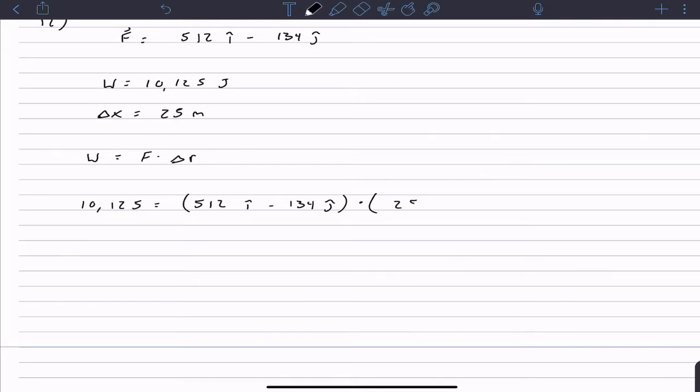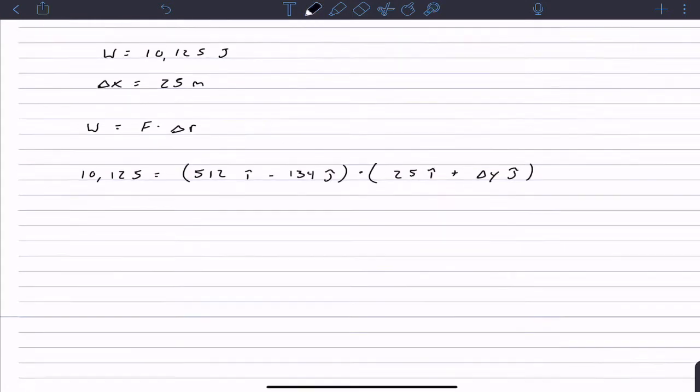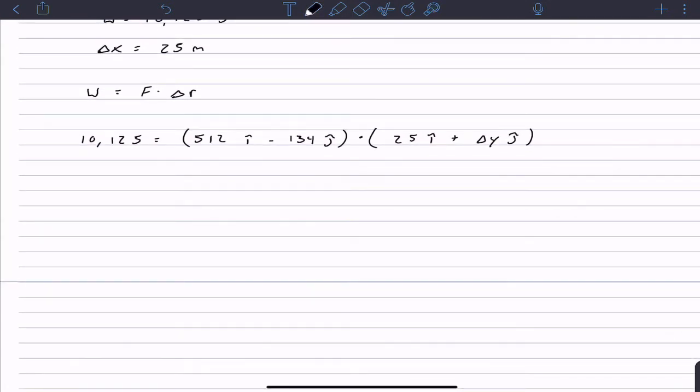Let's see, we have 25 displaced in the i direction, and then we're looking for the displacement, let's say delta y, in the j hat direction. So that's how we would set it up. We're given work, we're given the displacement in x, we're given a force. The only thing we don't know is displacement in y. Okay, and so we just have to take the dot product, which is multiply i hat by i hat, and then j hat by j hat. Okay, so that gives us